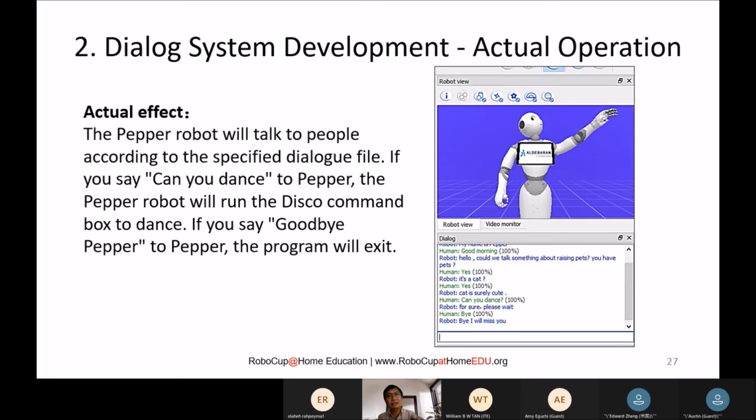Somehow you can actually open up and change the confidence level to a lower one, but please be careful on that, because if you put it too low, for example 30 or 20, then you will have another problem, which is false detection. So you might have a lot of false detection, and Pepper will give you some behavior or response that you don't want, right? So you need to balance between the accuracy and also the false